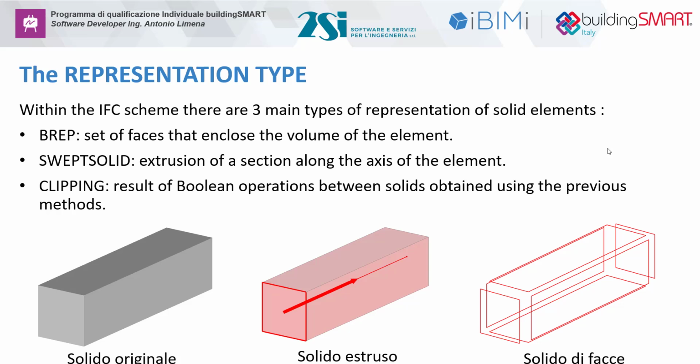So in this case, the element doesn't have any kind of axis, okay? We just have some faces that describe this volume. And of course, this for a FEM model is not correct, because a FEM software doesn't care much about the faces that are describing the external perimeter of the beam. A FEM model just wants that each element has an axis and a section. So the BIREP representation type is not that good for importing IFC in a FEM